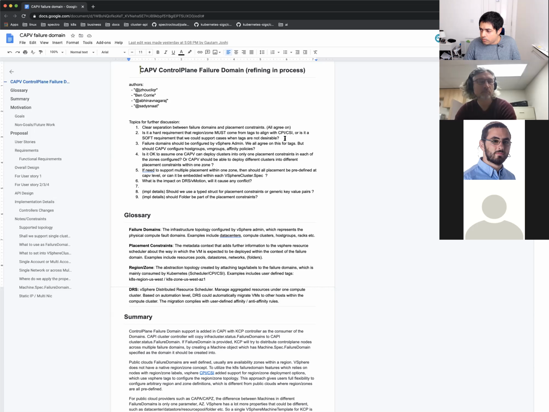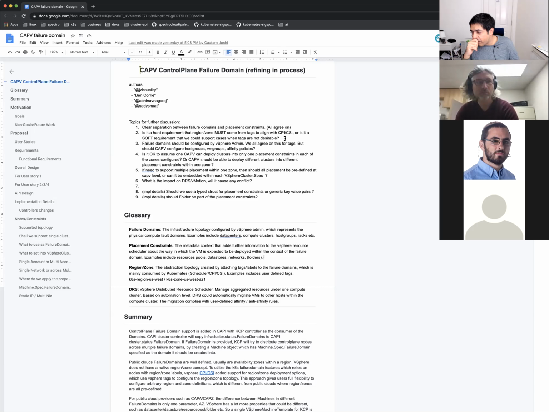So if we also want to support that use case, then the failure domain configuration might be different. One proposal we were thinking about is to use the host group as a zone, then the vSphere admin can tag each individual host within that host group. And we can summarize and create these host groups dynamically.